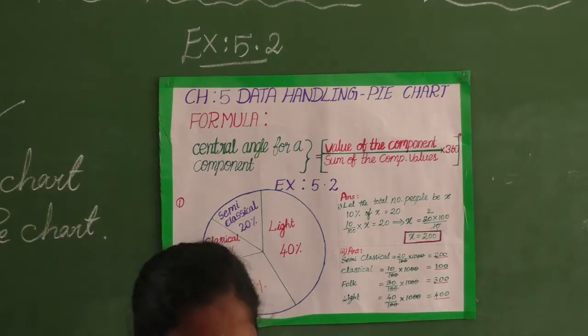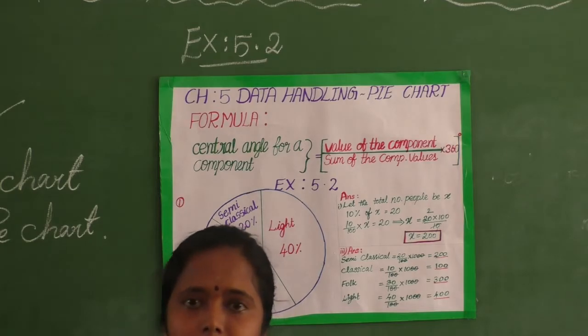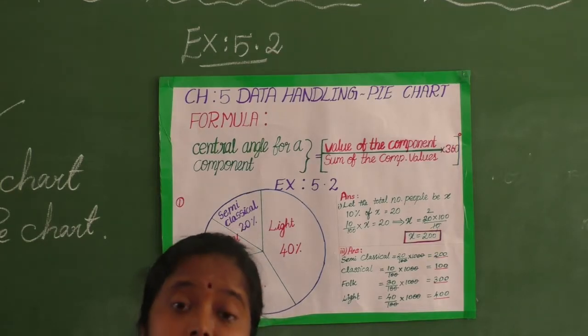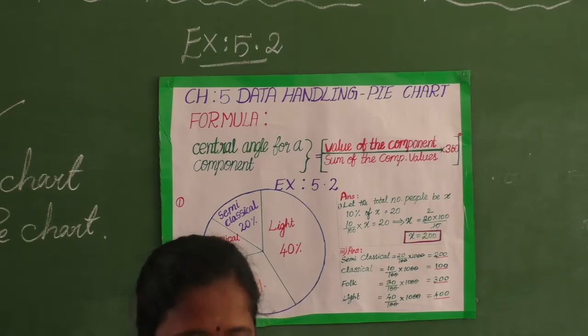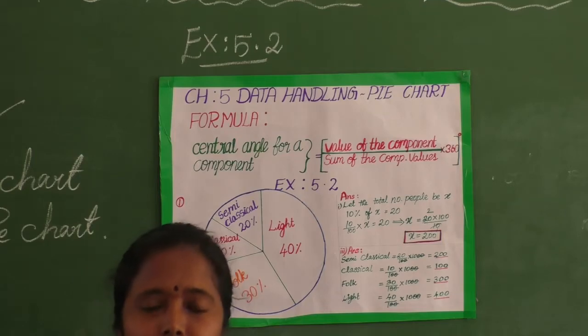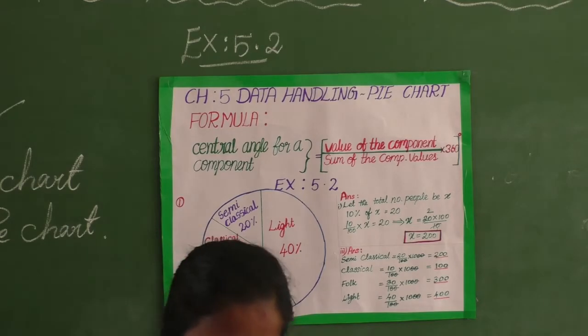What are they telling here? The survey was made to find the type of music that a certain group of young people like in a city. Actually, what survey is taken here? The survey was made to find the type of music that a certain group of young people like, they are telling. That means the total number of people surveyed will be 10. Clear? Simply they are telling a certain group of young people in a city.